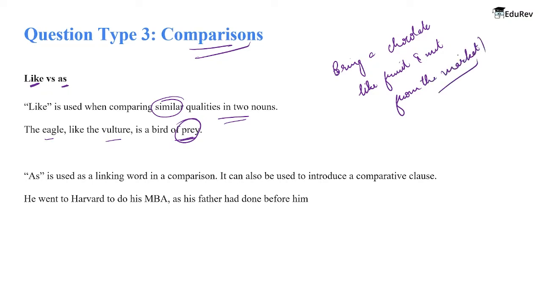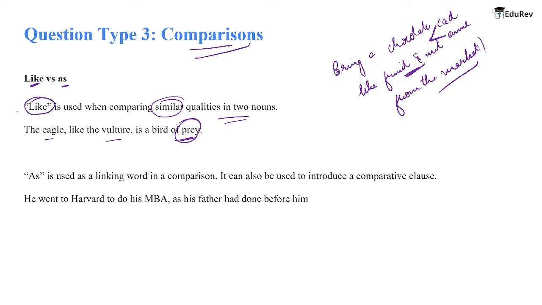Now what do you mean? You mean that bring any chocolate that is similar to fruit and nut. You are not specific, but you are saying anything similar to fruit and nut will work. Like if you elaborate, fruit and nut, it can be from Cadbury brand or it can be from Amul brand or any other brand. So what you say is that any chocolate, but it should be similar to fruit and nut. So that is where we use